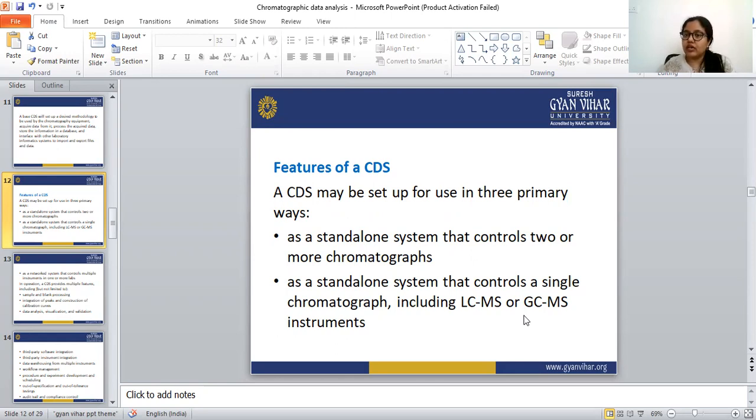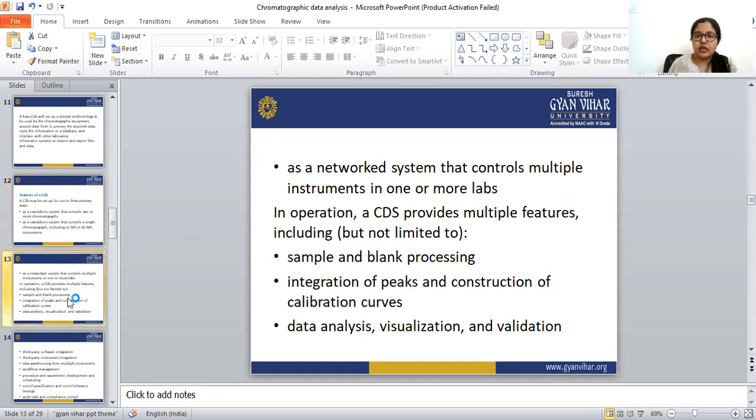The second can only control a single chromatograph, including liquid chromatography mass spectroscopy or gas chromatography mass spectroscopy instruments. And the third one is as a networked system that controls multiple instruments in one or more labs.